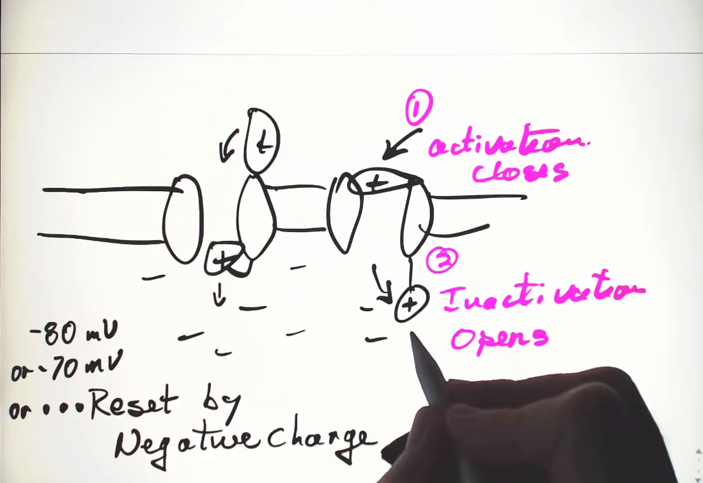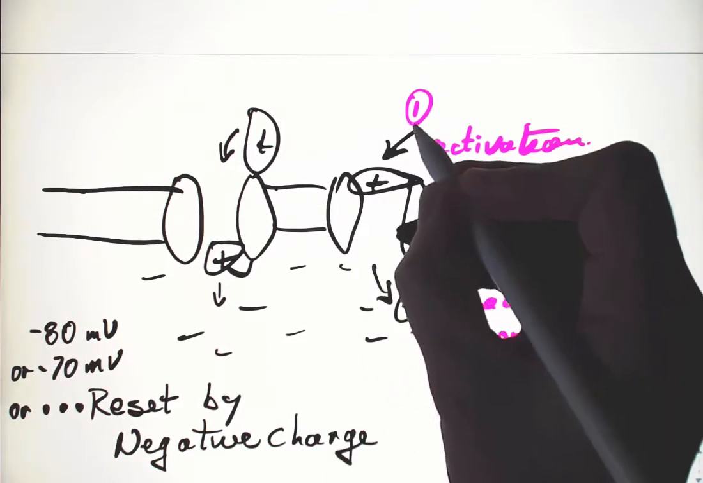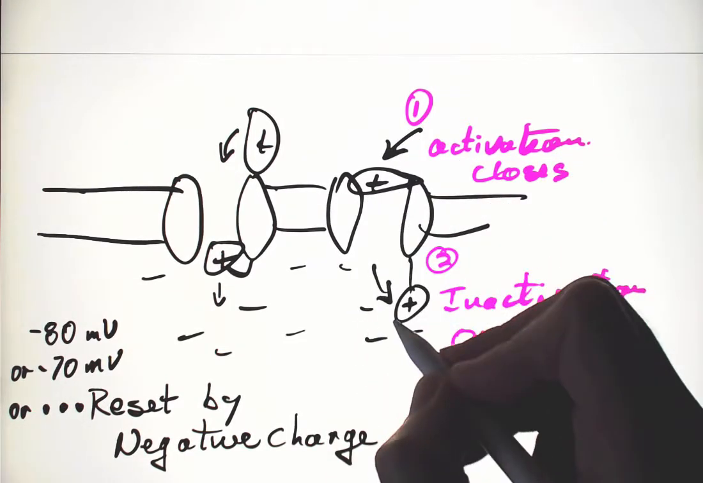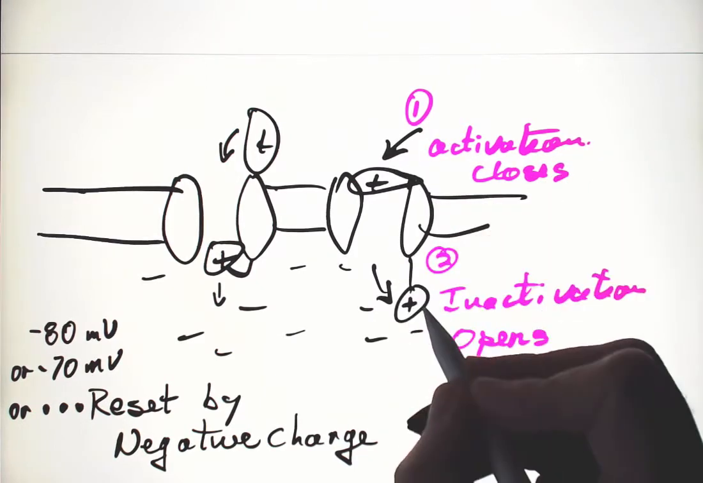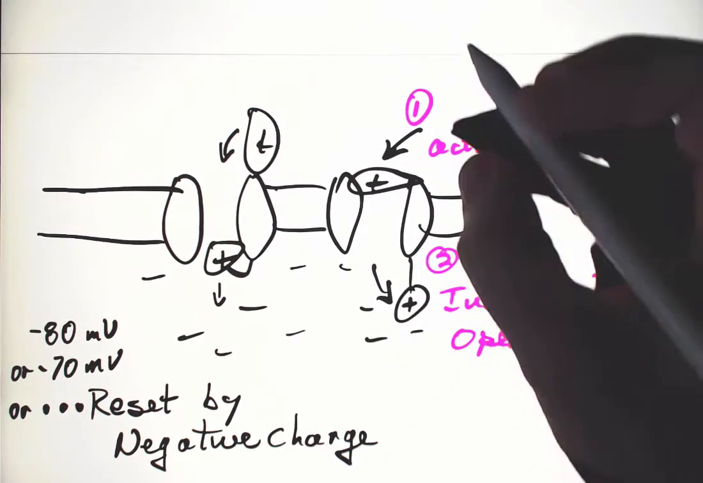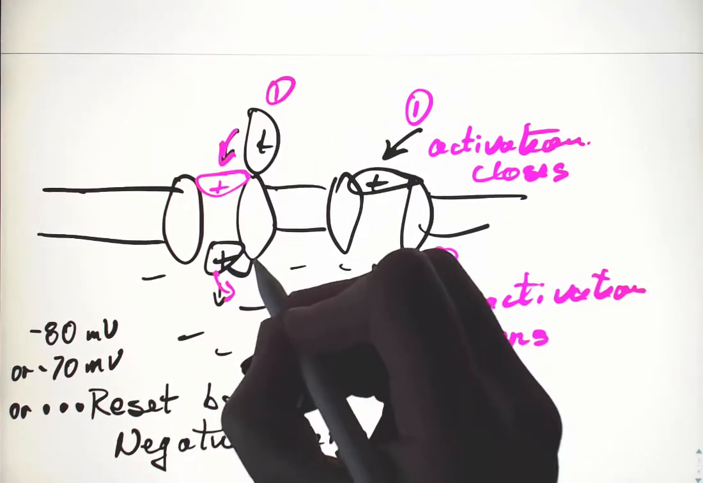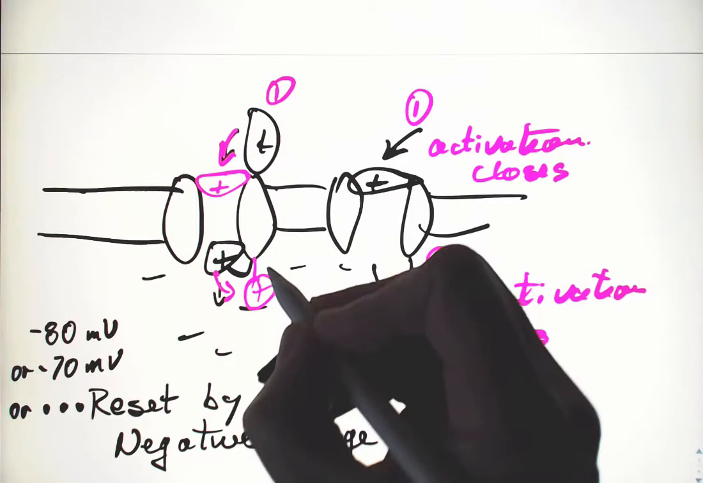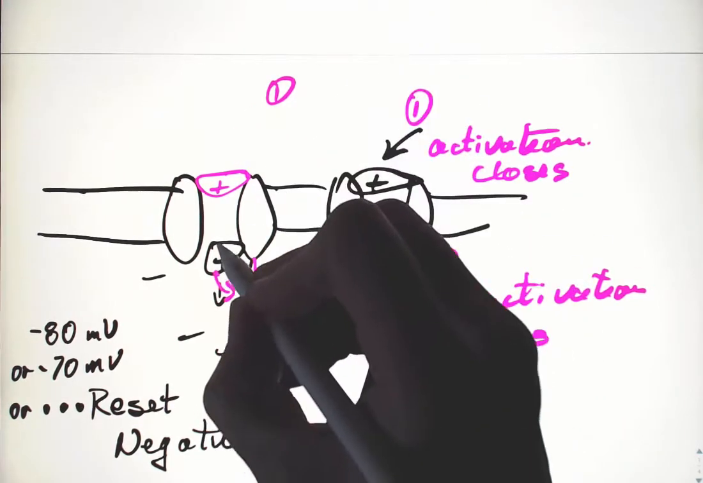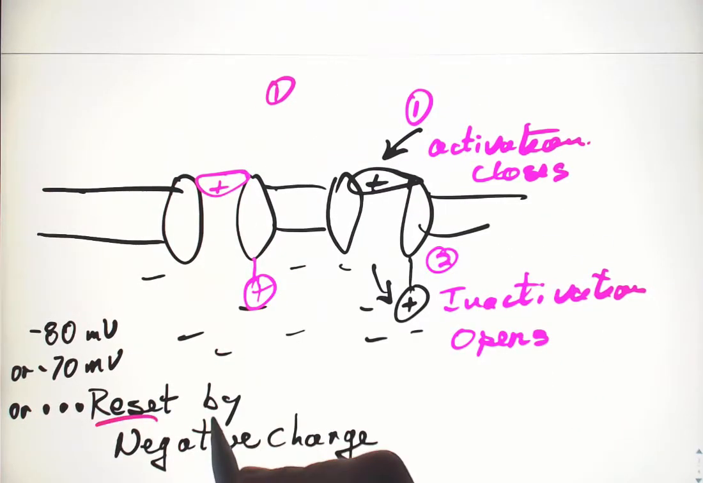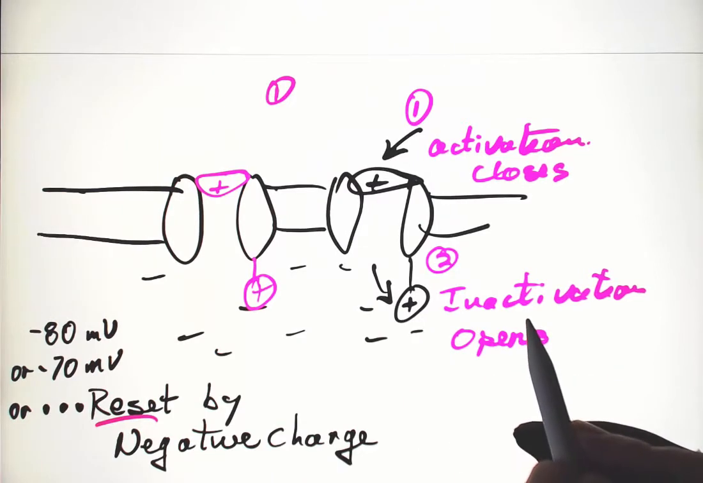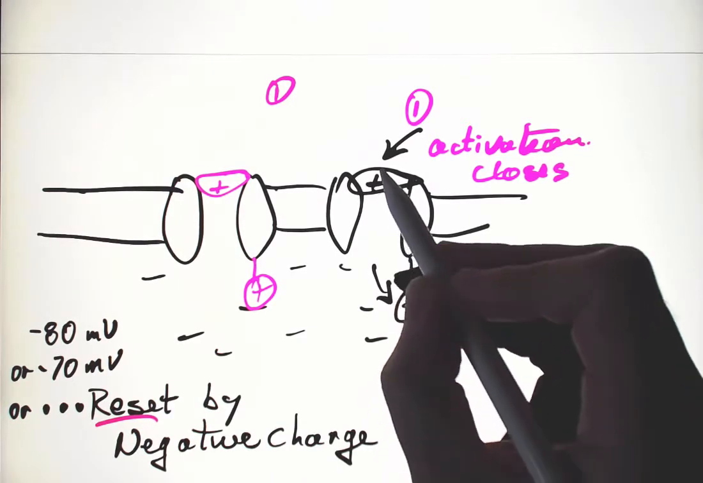Remember, it's the negative charges that have pulled those positive charges toward the interior of the activation gate and deeper into the interior for the inactivation gate. 1 and 2 resets the voltage-gated sodium channels. Resetting is required before you can have a new action potential. You need the inactivation gate out of the way and the activation gate ready to be opened by a new